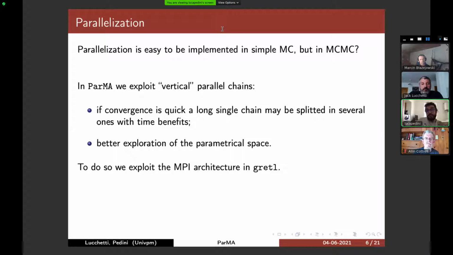The point is that parallelization is not an easy task when we deal with Markov chain Monte Carlo, because simply we have correlated chains. We have the Markov property. So what we have done in particular is use the so-called vertical parallel chains. That is, we split a single long chain in several smaller ones, which are run in parallel, and with this